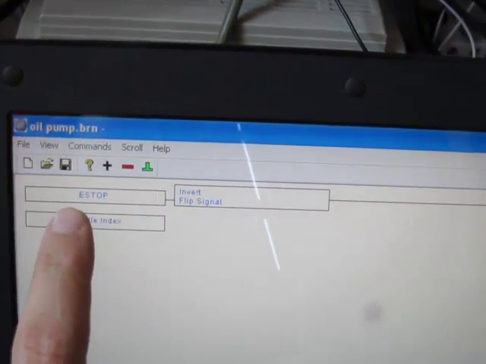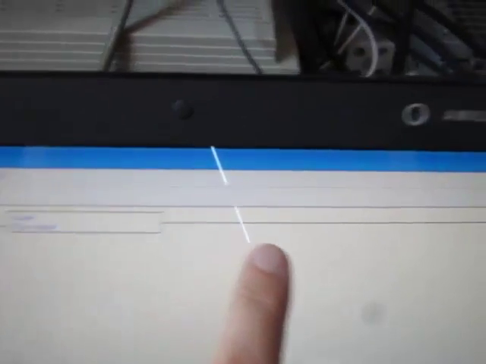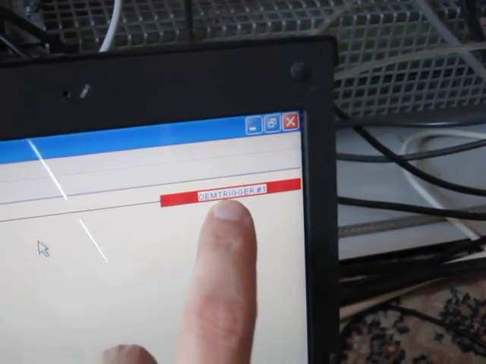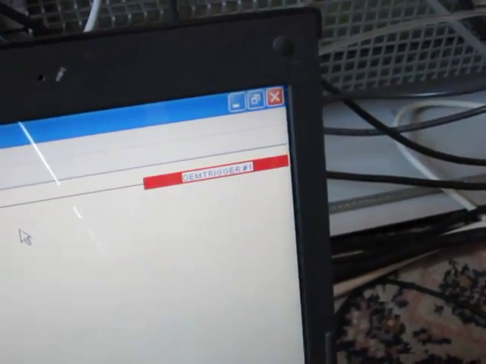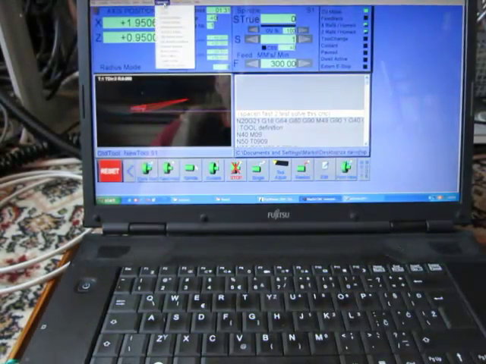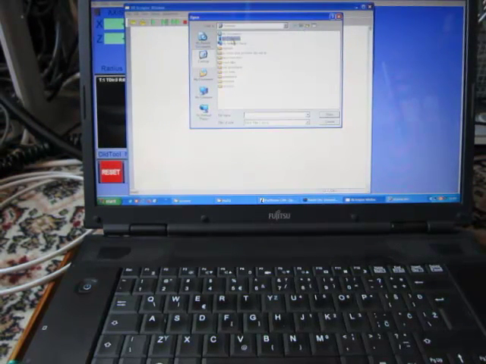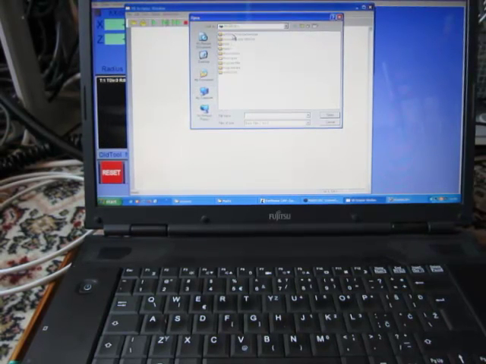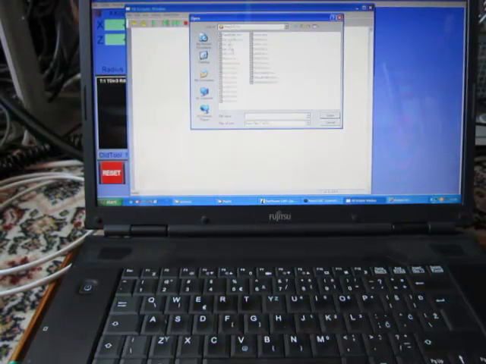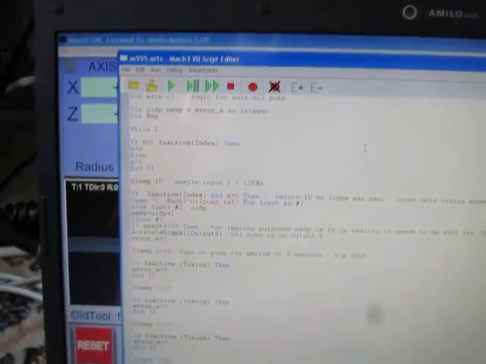So when E stop is not pressed, it triggers input OM special input OM trigger number 1, and when it's triggered, it will trigger my macro. So when E stop is not pressed,